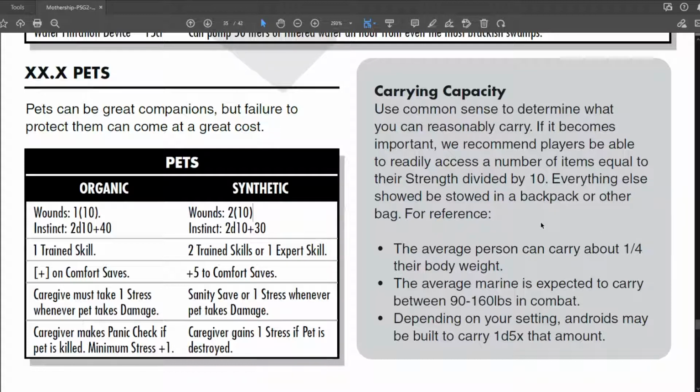Carrying capacity. Use common sense to determine what you can reasonably carry if it becomes important. We recommend players be able to readily access a number of items equal to their strength divided by 10. So your strength might be 30, you could have 3. Seems pretty small. Everything else should be stowed in a backpack or bag. Oh, okay, so it's saying you've got 3 items like on your belt,